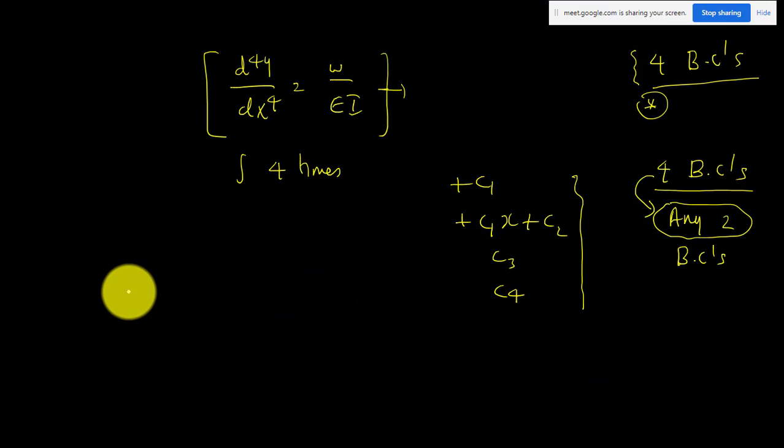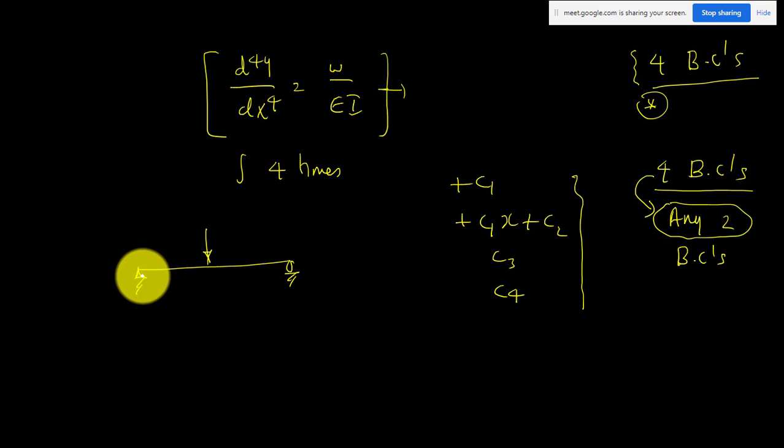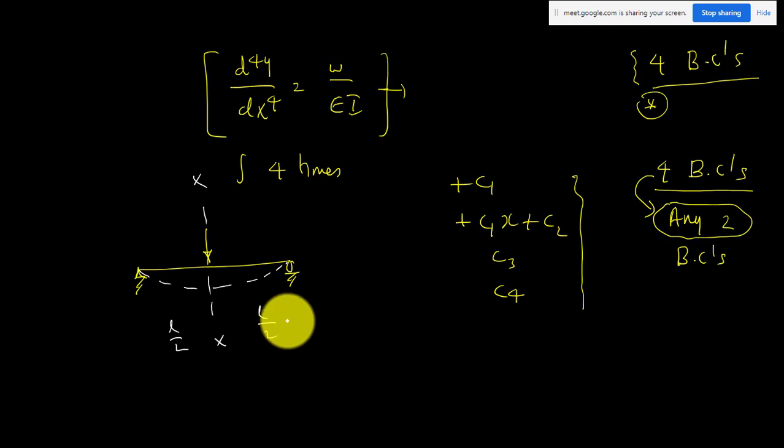Okay, for all of you, suppose you have a simply supported beam with some symmetric loading. What will be the deflected shape? If you have a symmetric loading, your deflected shape will be symmetric. Symmetric loading means if you take the mid-segment, or L by 2, and divide the beam into 2, the loading should be symmetric.